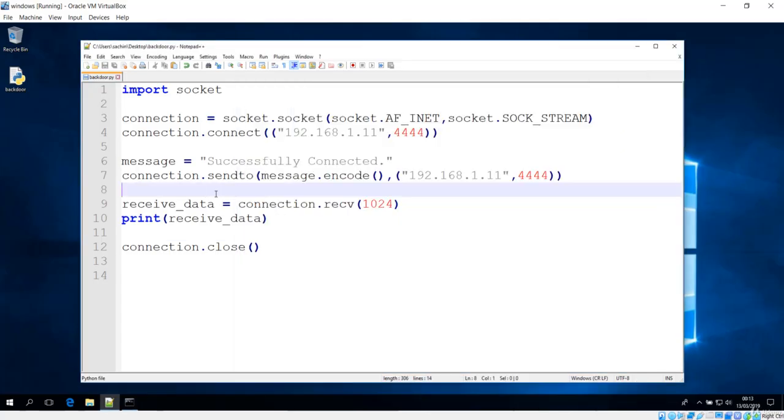So you could see how we can send data from the server to the client, and we can see that it has now received some data using this receive method of this socket API call. So this is the way to send and receive data between two computers using this socket.